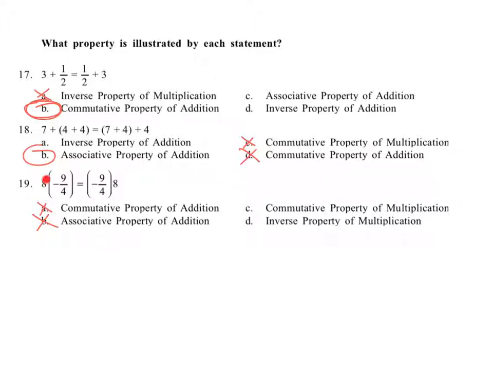Well, let's look at what they're doing. They're moving position, just like commuters move to and from work. So these are moving in their position. 8 is moving from the front now to the back, and we still are going to get the same result. This is the commutative property of multiplication. And what's the inverse property? The inverse property would say, let's say if you had -9/4 like you see in problem 19, the inverse of that